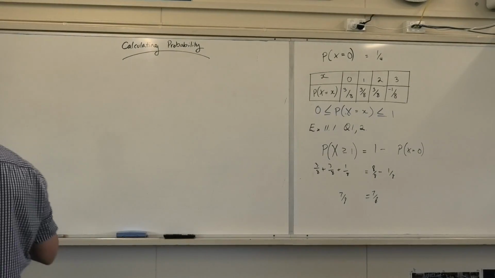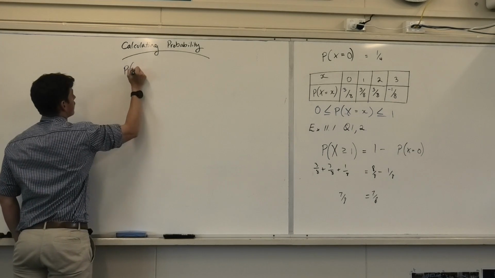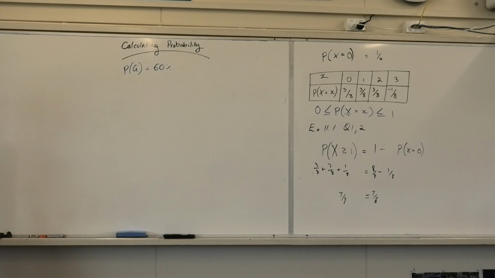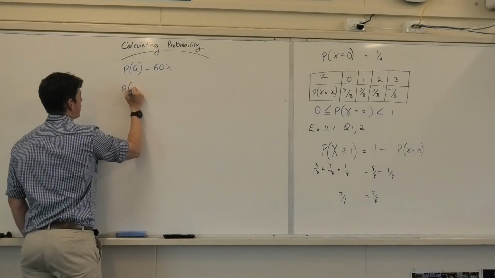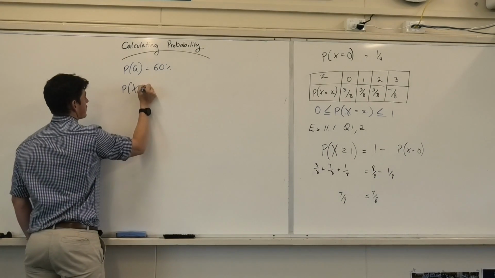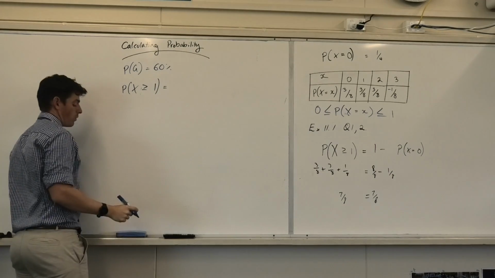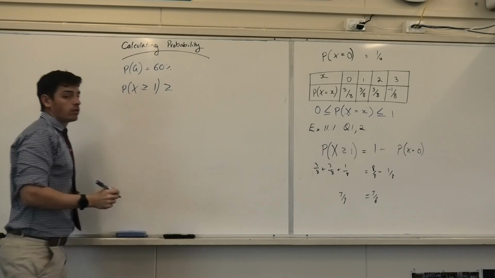So we've got Wayne, who kicks goals at 60%. So the probability of a goal equals 60%. And we want to know how many goals he needs to kick to ensure that at least one goal is scored. So we want P(X equals, sorry, not equals, we want P(X is greater than or equal to... Yep, we want the probability of that to be greater than or equal to